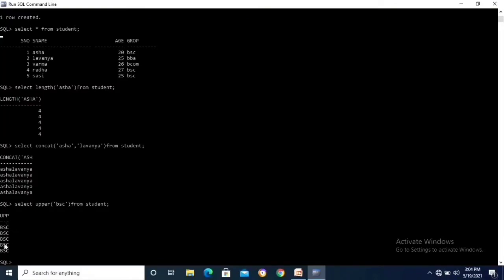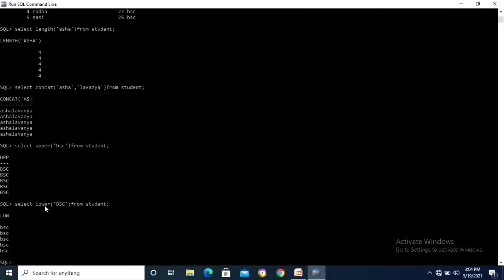This is the upper function output. Okay. Next, the lower function. Select lower of, next capital BSc. I am taking the capital BSc string from the student table. Semicolon, enter. The lower function is used, so capital BSc is changed to small letters. Okay, this is the lower function syntax.